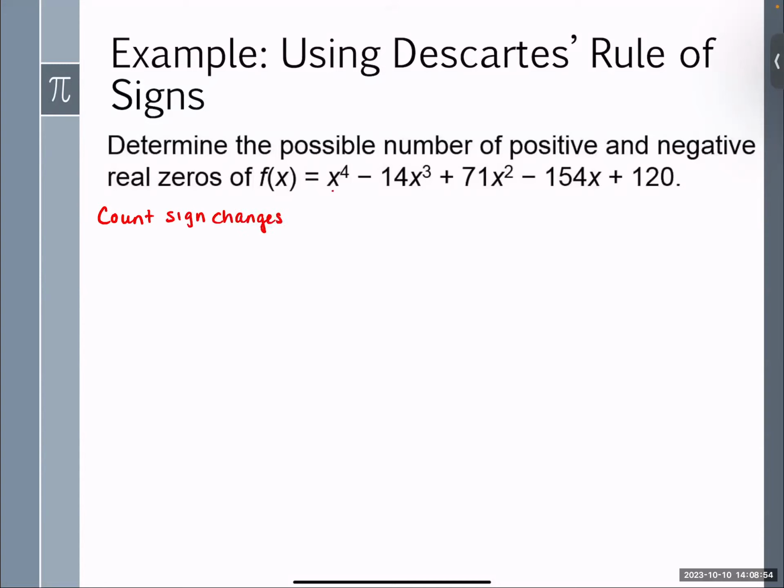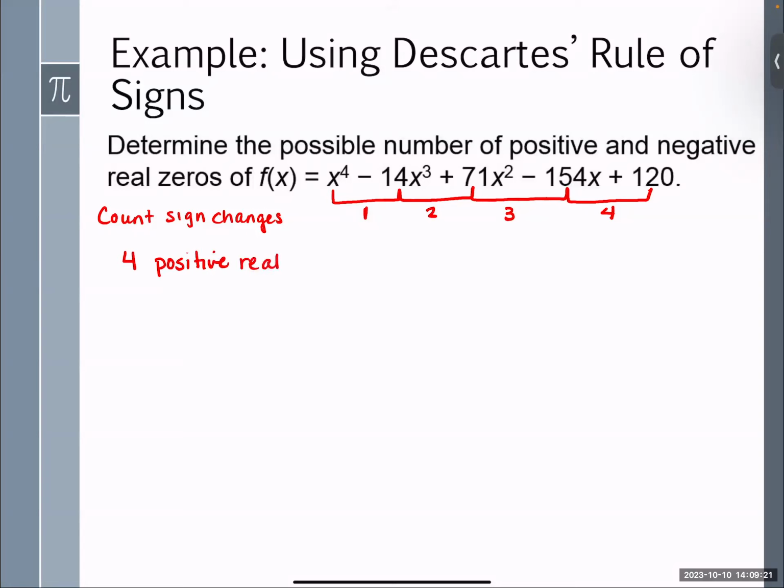We're going from positive to negative, there's 1. Negative to positive, there's 2. Positive to negative, there's 3. Negative to positive, there's 4. So Descartes says, since there are 4 sign changes, I could have 4 positive